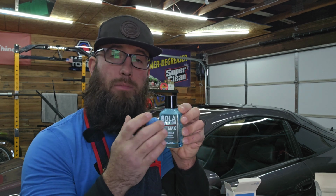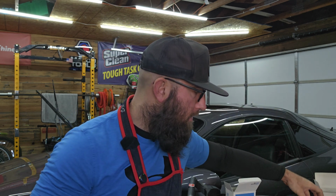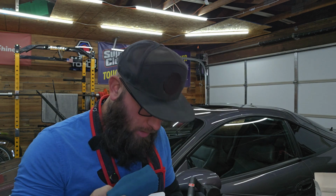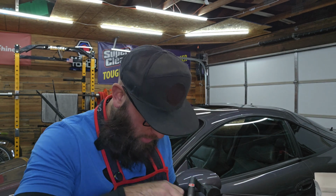Now, this is supposed to be a very user-friendly top coat. On the website, I read, basically they say apply it, wait 10 to 15 minutes, and you'll see these tiny little beads of sweat building up, and then you come in and buff it off. Just like that, it comes with the suede applicators, the application block, and